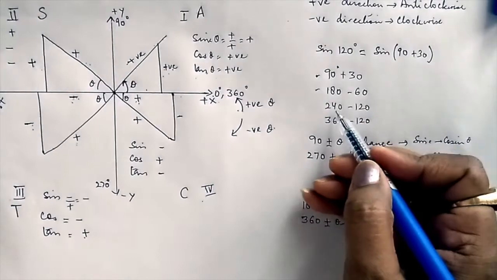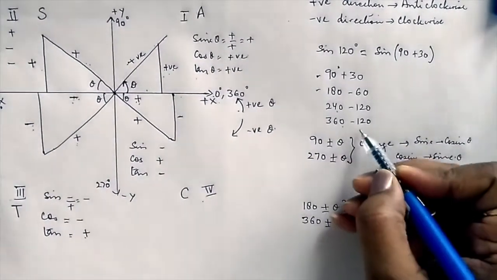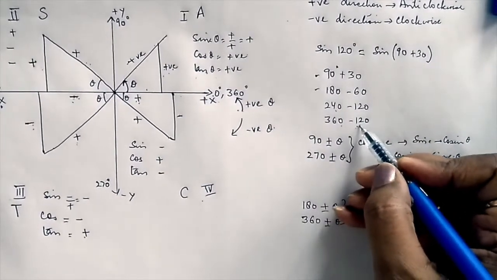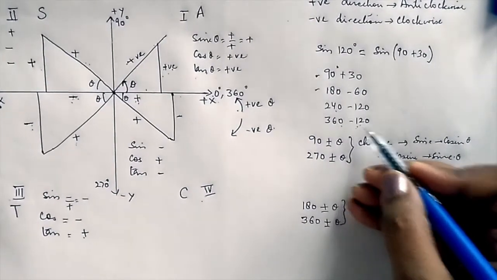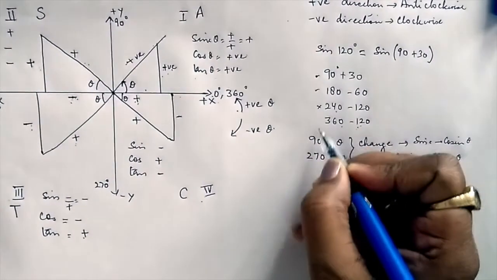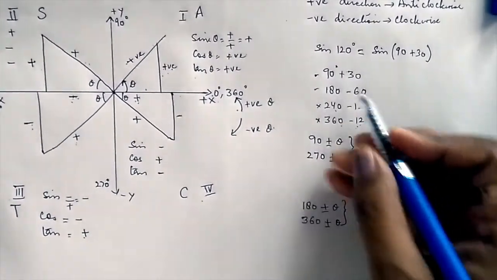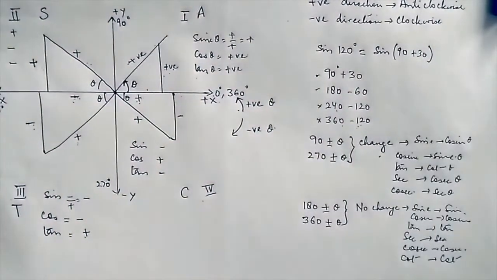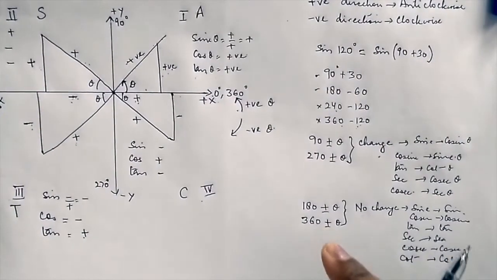Now see, 240 we don't have, 360 I have, but I'm not taking this because this is not a standard value. I just know 0, 30, 45, 60 and 90. So that is why I'm ruling this one out, and this one too. I would talk with reference to this. So you are going to convert your given angle in terms of the known angle. When I say the word known, it means standard values.